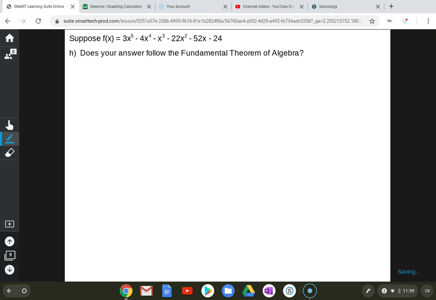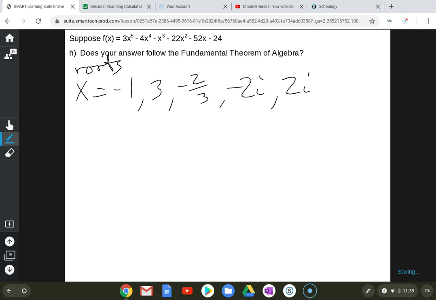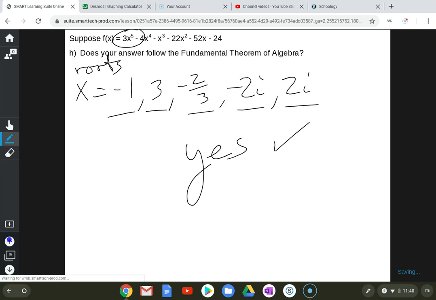Hey, does my answer follow the fundamental theorem of algebra? Well, let's see. I'm going to relist our roots. So we had four roots: negative 1, 3, negative 2/3, negative 2i, positive 2i. Let's count. 1, 2, 3, 4, 5. This is a fifth degree polynomial. Yes, it checks off. And that's it. That's all for the lesson today. So I hope this helped you review what we've done so far, and helps you understand the relationship between the number of complex roots and the degree of